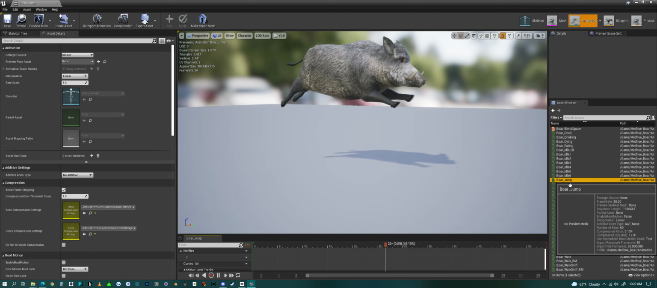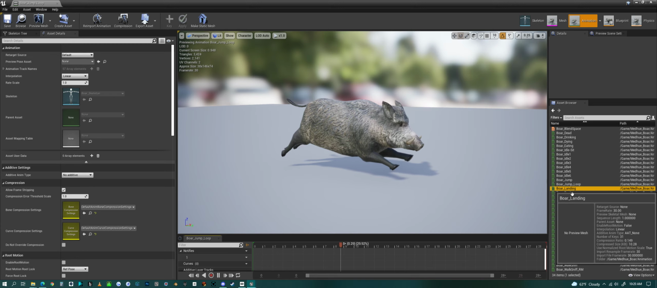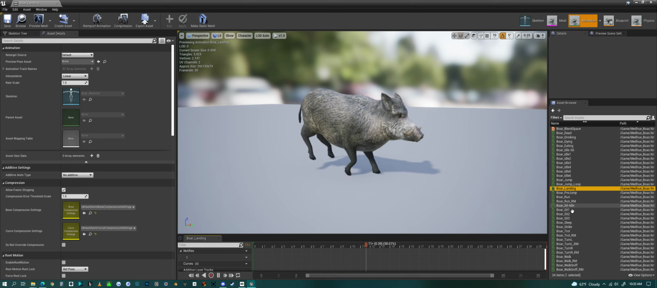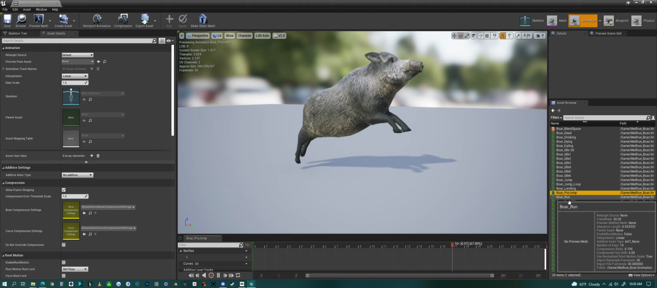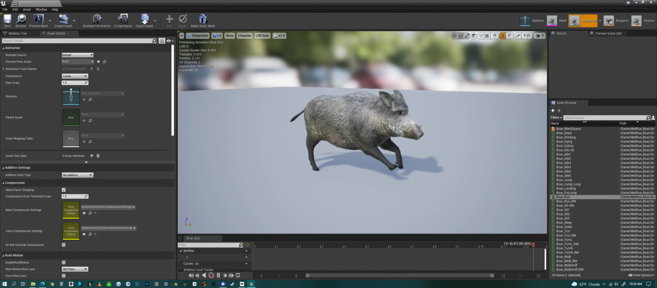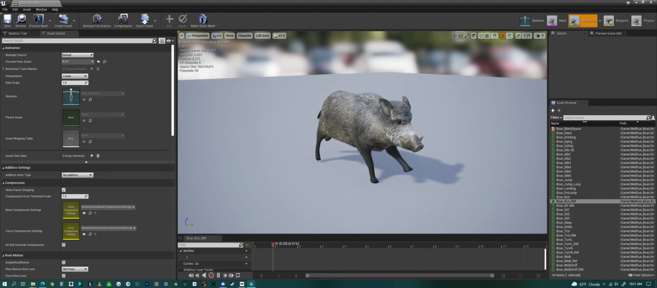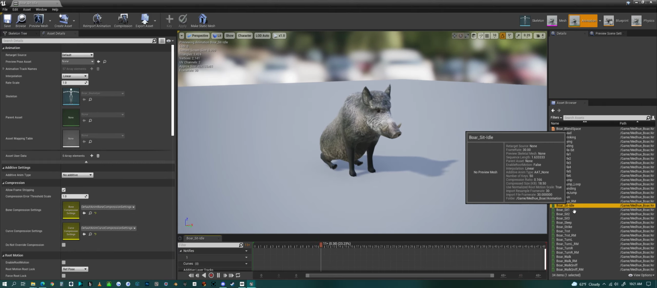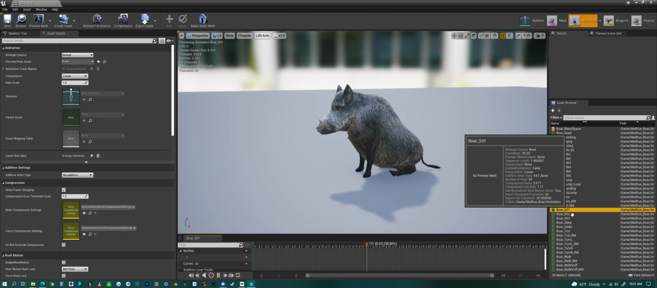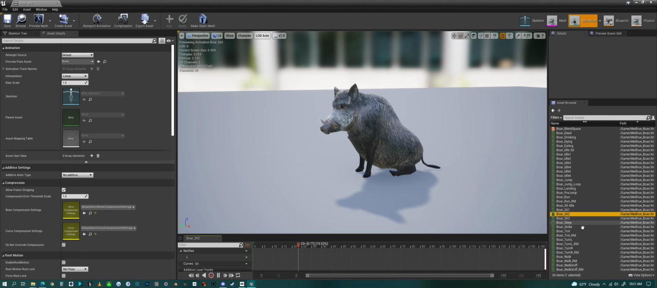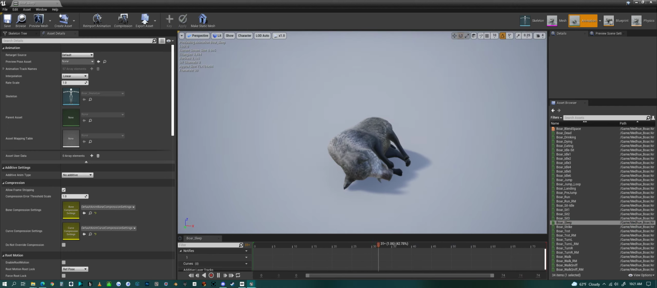Then we have a jumping animation. We have a jumping loop. If you want to do some kind of jumping combo, a landing animation, there's a pre-jump, a running animation, running with root motion. So if you want to use root motion, it's in there. Idle to sit, sitting 2, sitting 3. We have a sleeping animation,